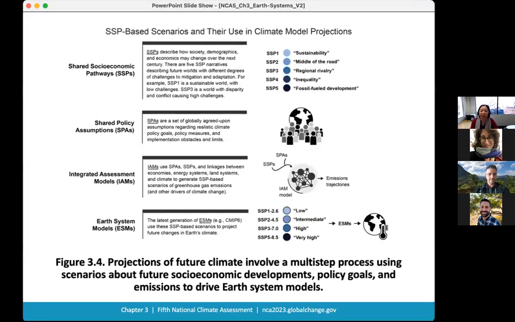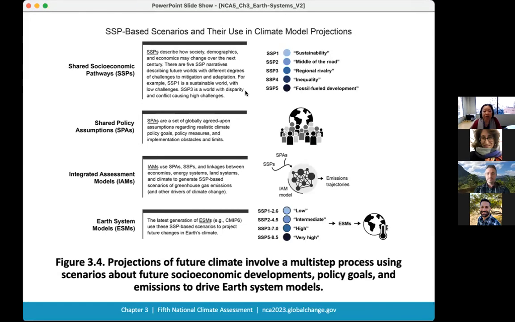So here I'd like to just highlight some examples. In this example, we particularly talk about the advances made in developing new scenarios. And this is actually a process that involves several different steps. The first step is to develop these shared socioeconomic pathways. These pathways range from sustainable pathways, which we call sustainability, to pathways that focus more on fossil energy use. We call them fossil fuel development. So there are 5 such scenarios from SSP1 to SSP5.